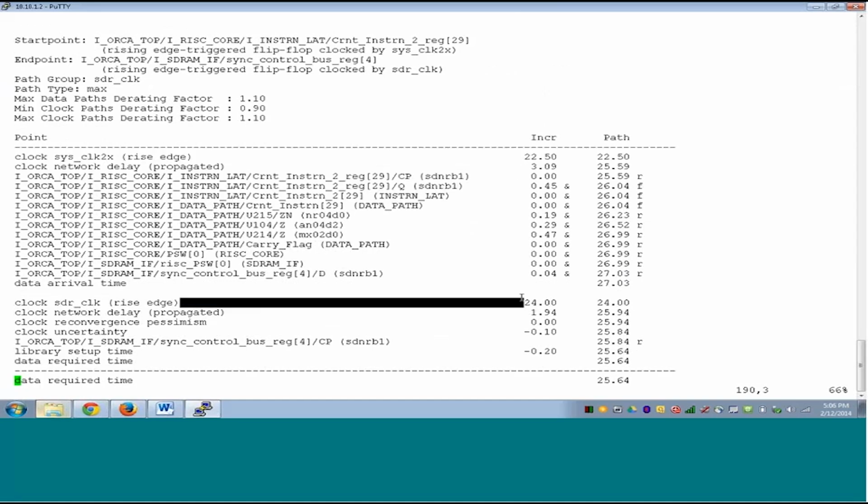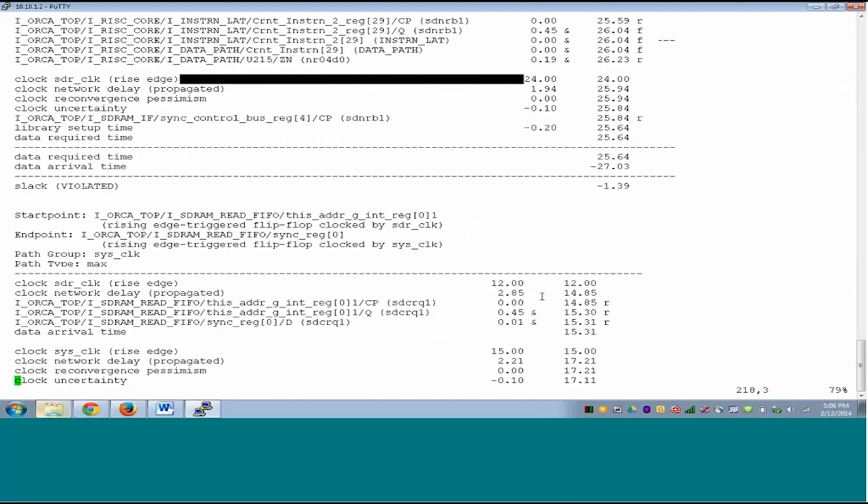If you have such clocks, and if your spec actually says that your clocks should be asynchronous to each other, and you don't declare it as such, you will have a lot of strange timing reports, like this launch at 22.5, capture at 20. These are strange numbers, right? As my experience says. So what I'll do, I'll clean this up,